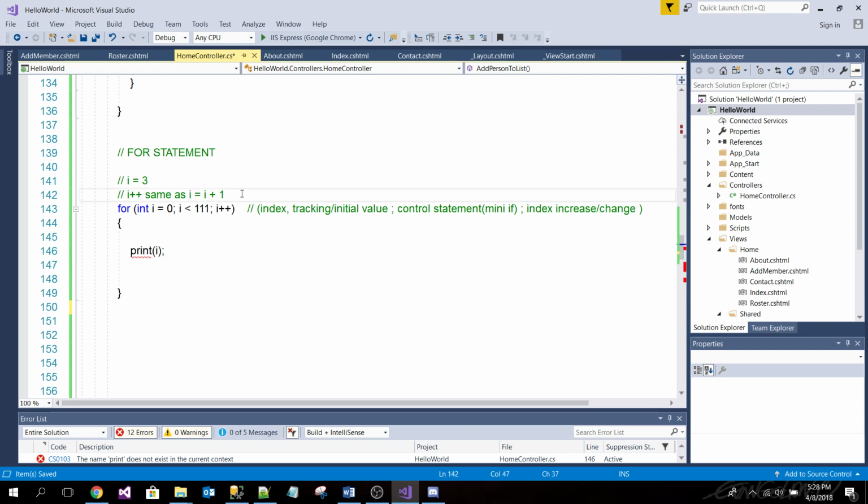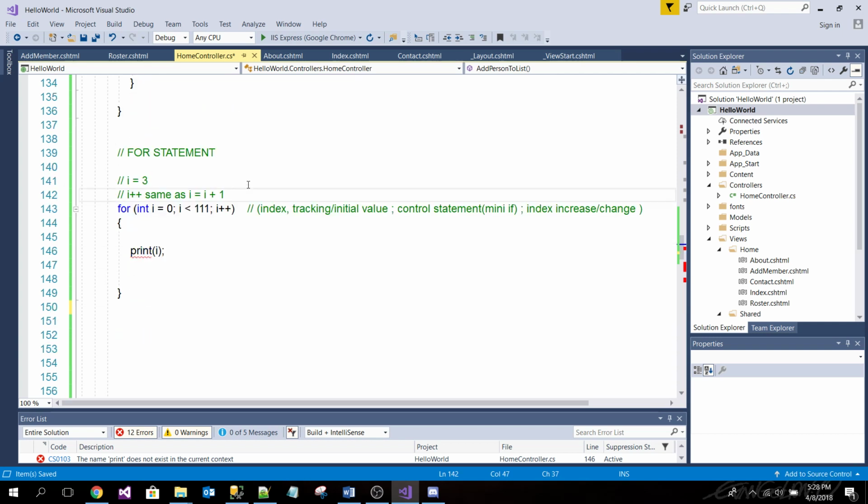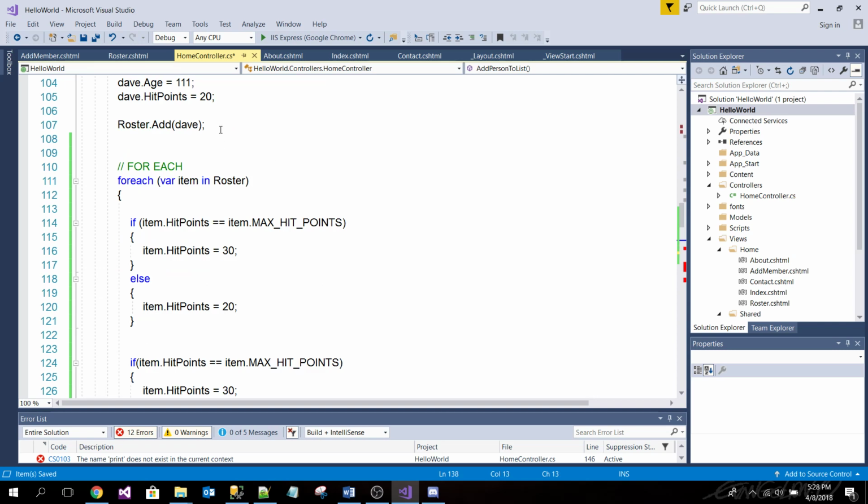Let me reinforce this, though, before we decide to go on or do other stuff, okay? So, this is a for statement. You guys understand it with numbers, right? And do you guys remember? So, we have a roster. You guys remember the sweet roster that we have? We have a roster here.